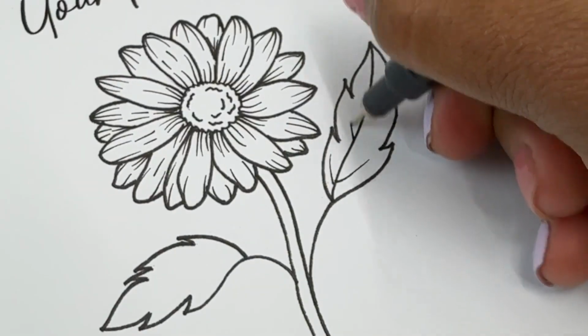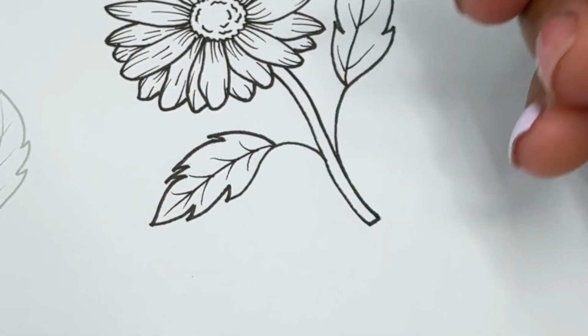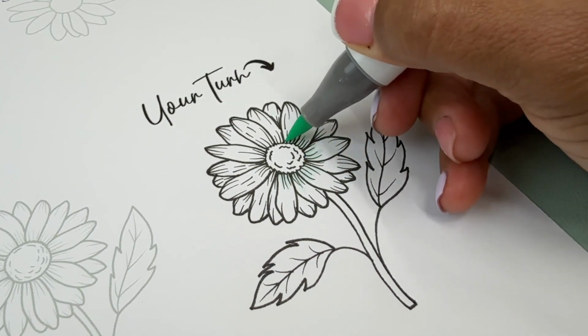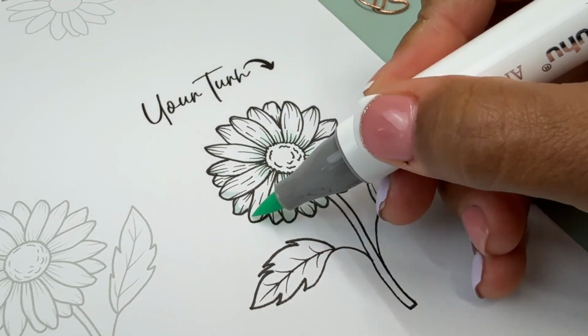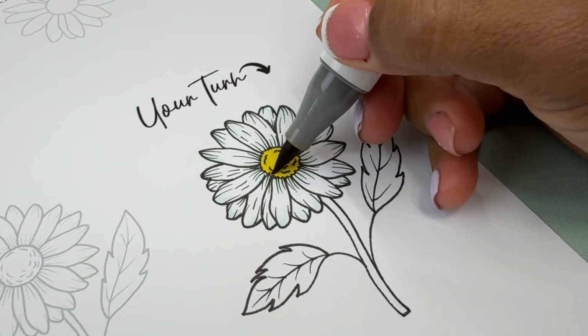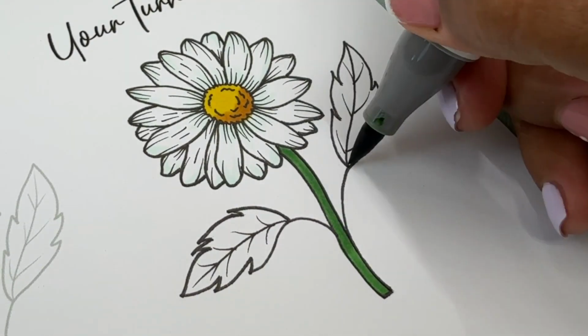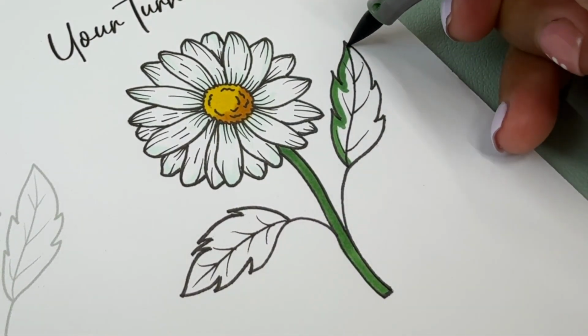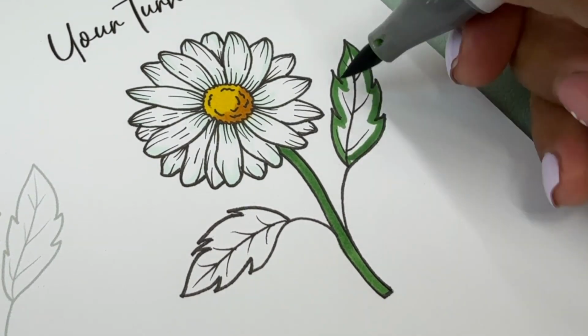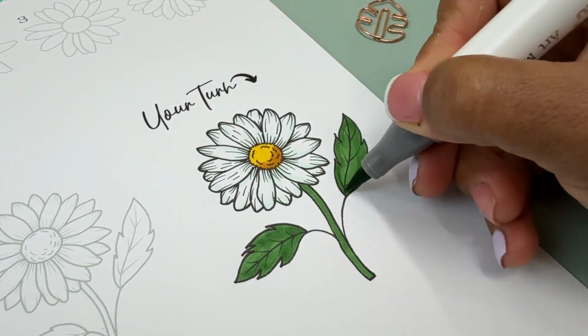Now, the typical look of the daisy is a yellow center with white petals. I went ahead and used this super light blue around the petals just to give it a little bit more depth and dimension. And I went with a dark brownish orange in the bottom part of the center of the daisy. So now this is the final result, and I hope this gives you an idea of how to color